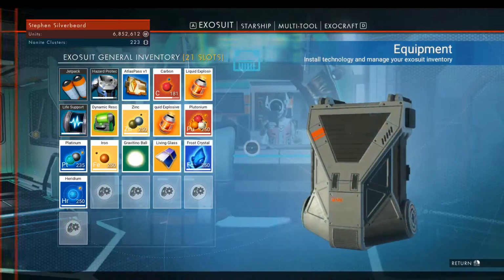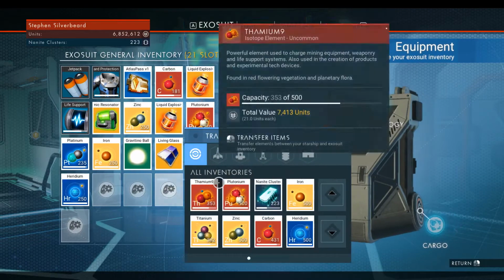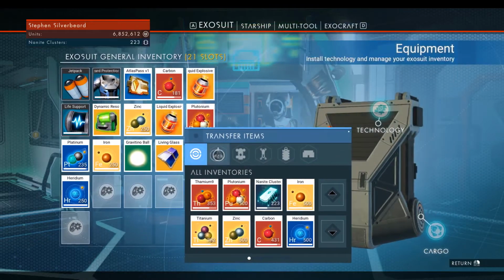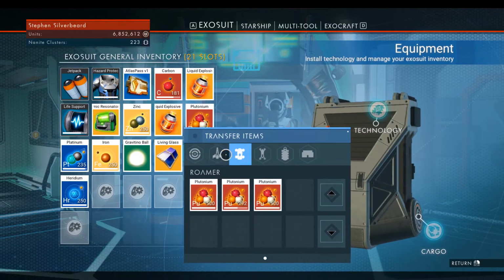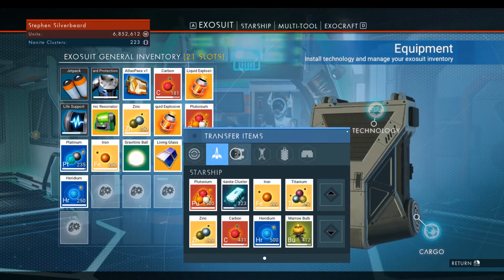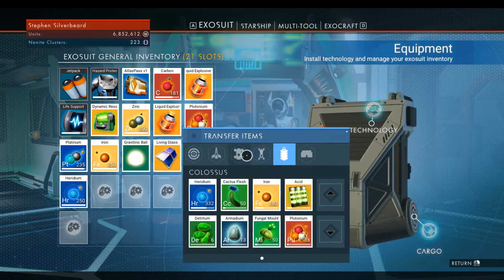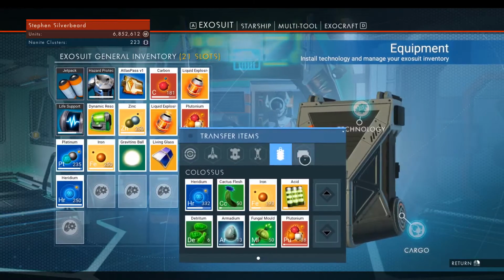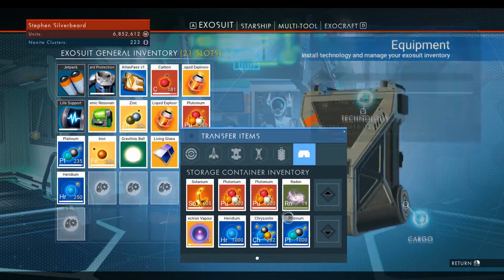The next one I think is quite useful, and that is the fact that if you click now on here to send, what you actually get is they've also fixed the problem where the roamer was coming up as the nomad. So you've now got the option to go send to the ship, the roamer, nomad and the colossus. Now bear in mind I have all three exocraft outside of my base. If the exocraft is not there, it will not come up on here, but they've actually fixed that option there. But the neat one now, guys, is you can now send stuff and transfer stuff to and